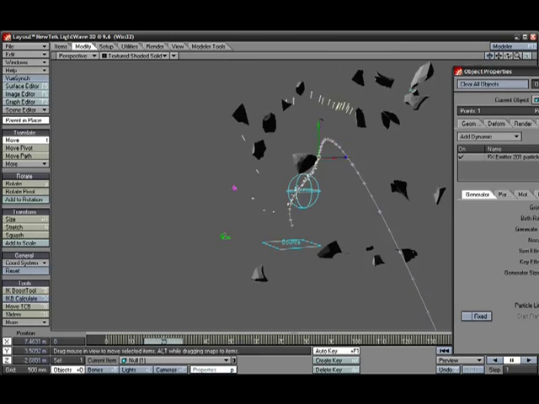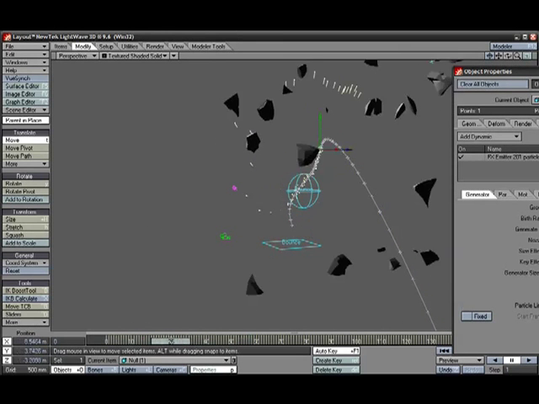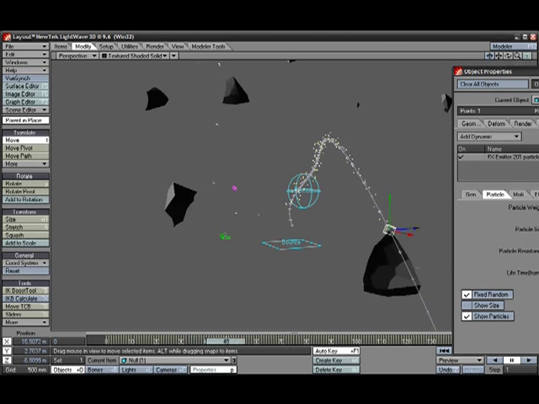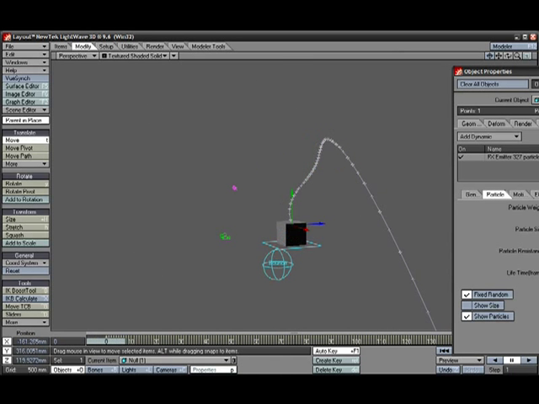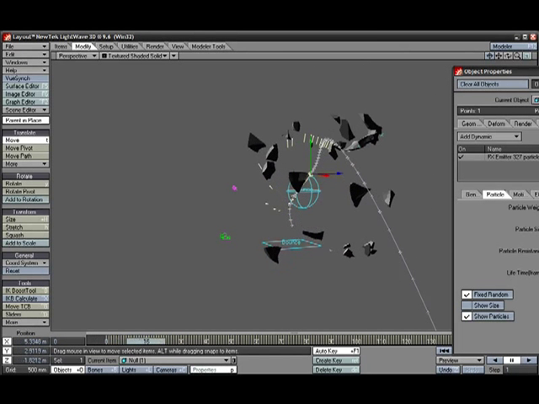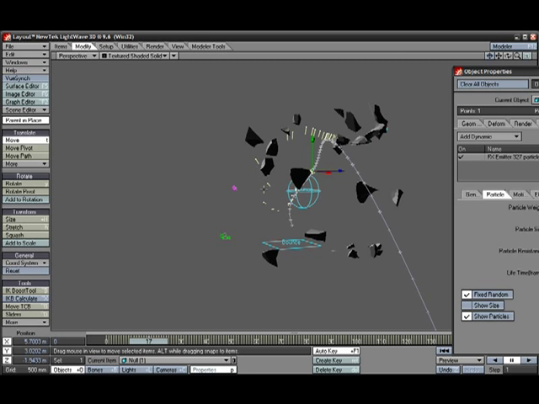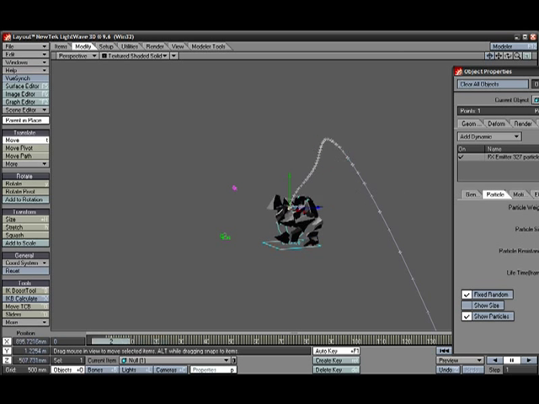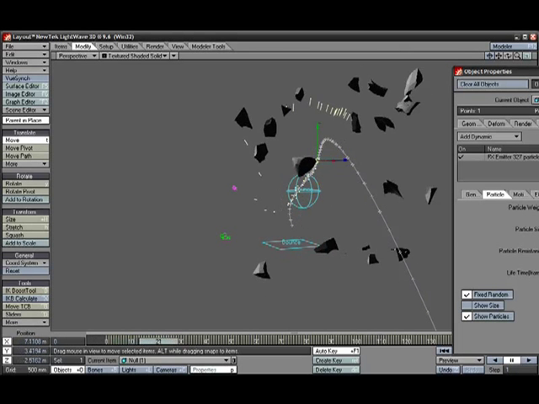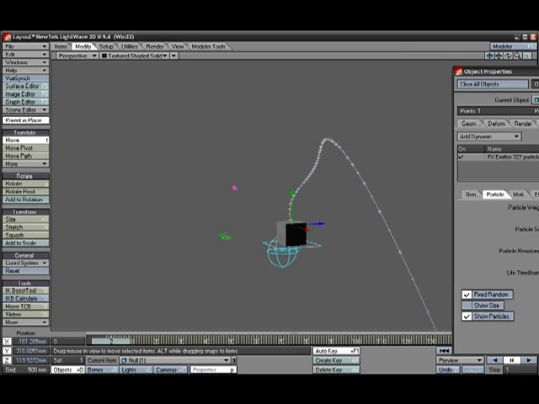Okay, so we're getting kind of a path of these things going. Right. And another thing, some are being born before the explosion happens, and those guys are being flung in a manner that I don't really want. So what I'm going to do is go to about frame 6 in the animation, and under